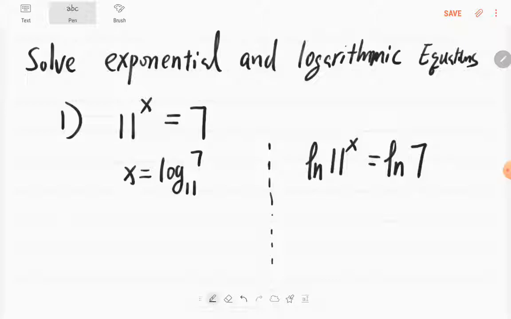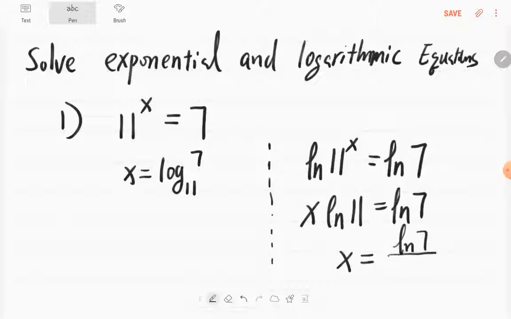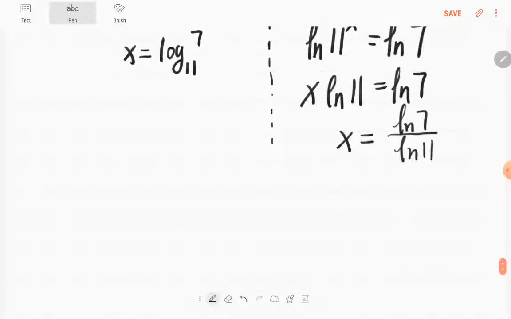Since x is in the power, you can bring it down in front of the natural log. So this would be x times natural log 11 equals natural log 7. So x is equal to natural log 7 over natural log 11. Then you can use your calculator to do the calculations, right? Here I just help you do a little bit. You can check by yourself. Here is the natural log of 7 equals